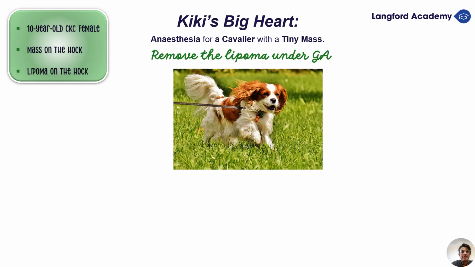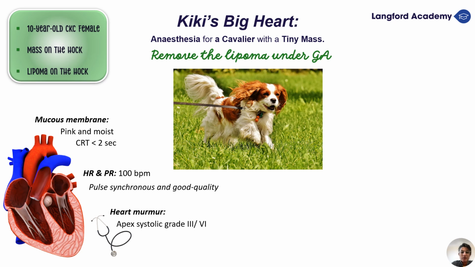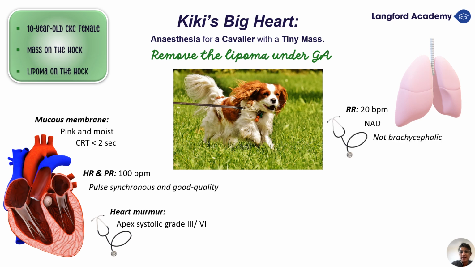So Kiki is a 10 year old female Cavalier King Charles that's got a mass on the hock, and it's most likely a lipoma. On the clinical exam, she's got pink and moist mucous membranes, CRT is less than 2, heart rate and pulse rate are synchronous and of good quality, but Kiki is a bit stressed and the heart rate is 100. But then when you auscultate the patient, you find that Kiki has an apex systolic grade 3 of 6 heart murmur. On the clinical exam of the chest, the respiratory rate is about 20, and